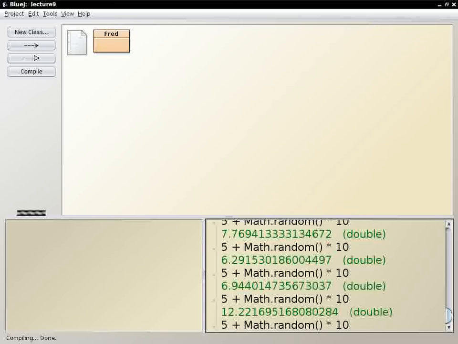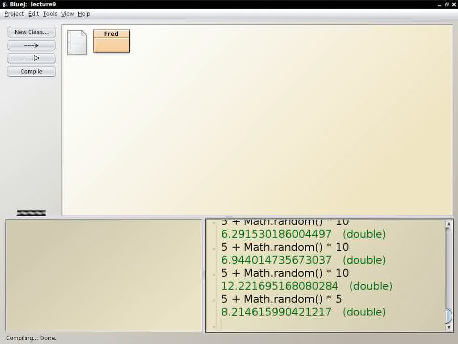If you divide it by 2 and add 5, then... Or maybe more simply, if I just multiply it by 5 here, right? So you should think of this thing here as the length of the interval that you have. The interval from 5 to 10 has length 5, and this one here is the starting point of the interval. So with this, you can make fractional random numbers of any length.